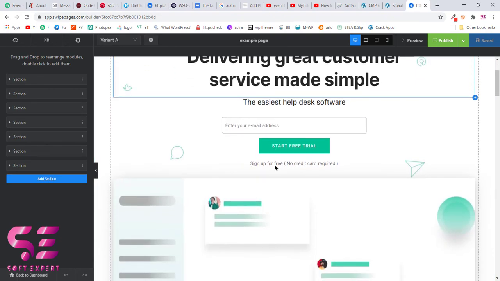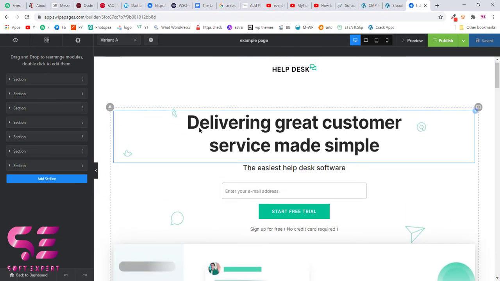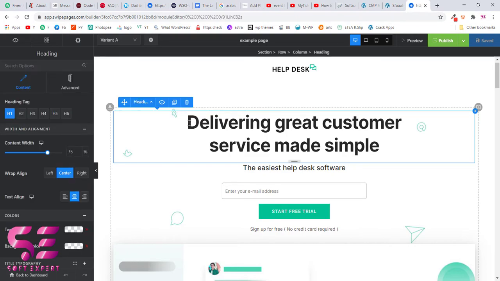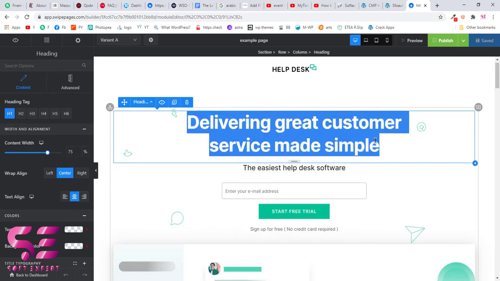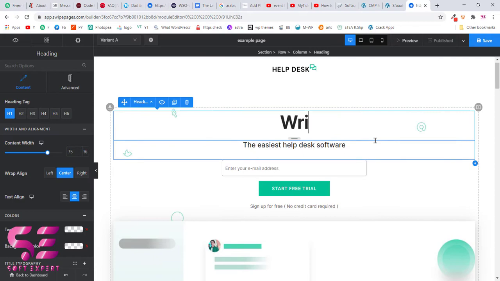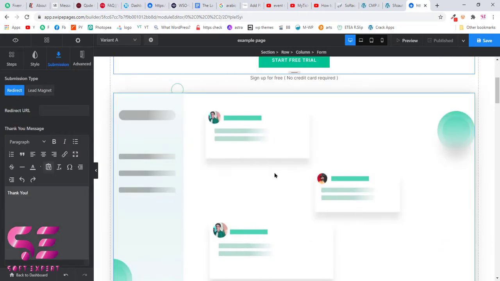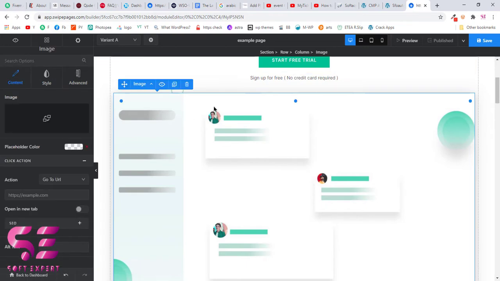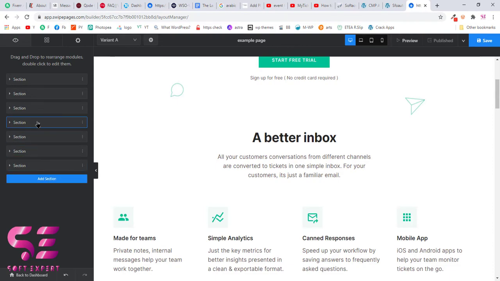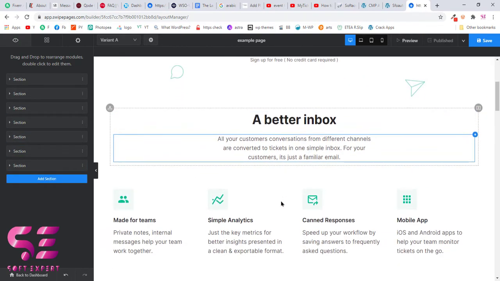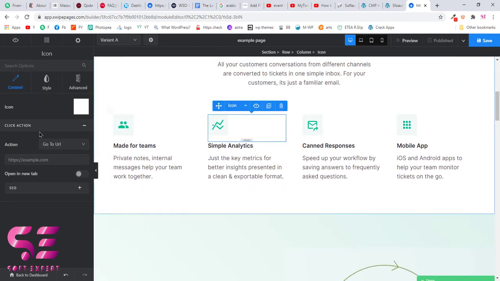And this is a simple drag and drop page builder, as you can see here. If I want to change this title, then I will write my own title. This is simply an image, so if you want to change it, just simply delete this image, and now you can add another image here. Icon box, everything is just drag and drop.